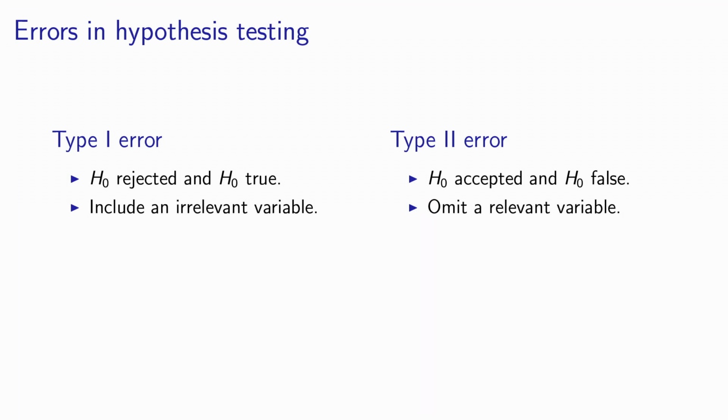What is the impact of this? A type 1 error, so if you include a variable which is irrelevant, basically you will lose statistical efficiency. It means that the estimates of your parameters will be less precise. A type 2 error, because you omit a relevant variable, gives a specification error. And actually this happens to be more severe because most of the statistical theory in econometrics assumes that the specification of the model is right, so that you can make some statistical tests and analysis on the